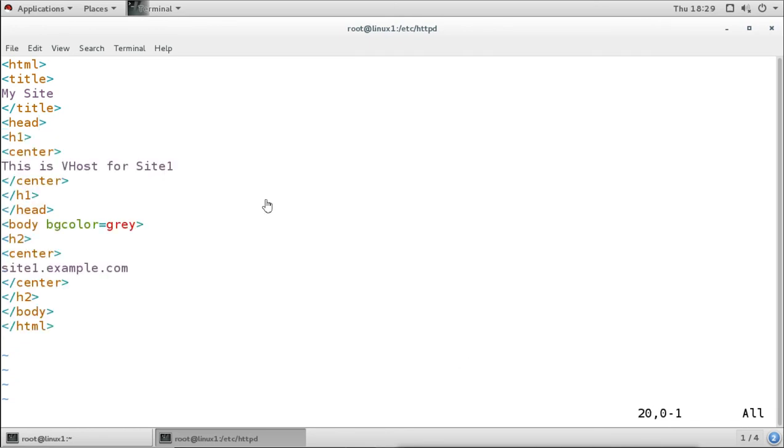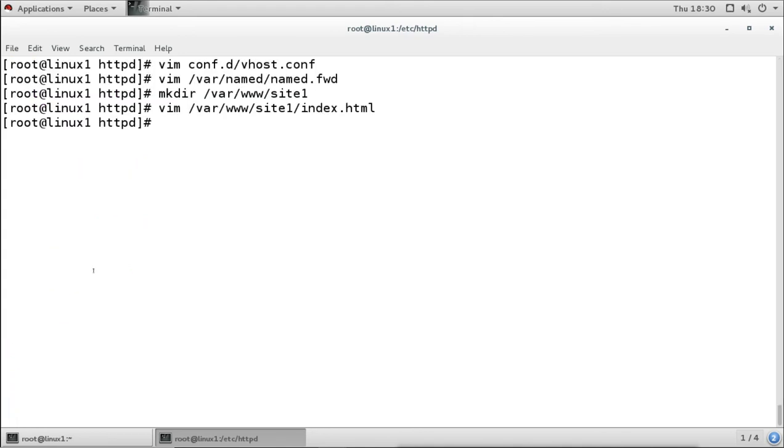I created this syntax here, HTML syntax. We don't have to create this syntax because we are just testing it. So we can just write anything here, and it will appear there for just testing. Or if you want, then you can create the syntax properly. So this is the page we have created here under this directory, and this will be the home page for our this name-based site.